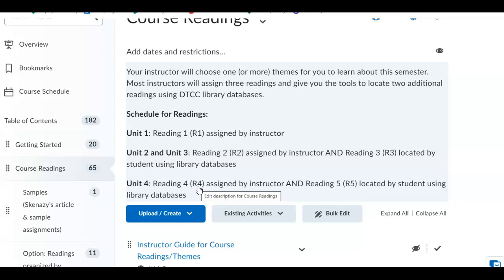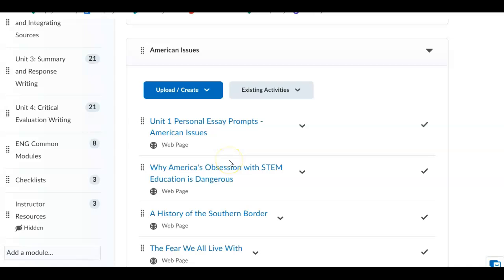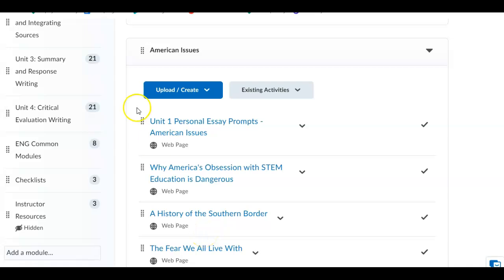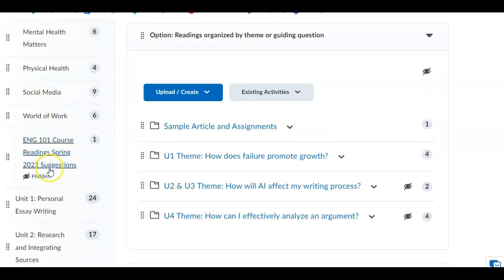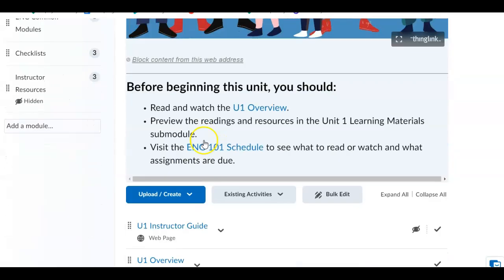rhetorical approach. So that will hopefully guide you in which article you want to assign for reading 1, reading 2, and reading 4 from the ones that you have listed here based on the topic that you choose. So once you choose a topic, you can hide the others, and then your students will be able to see these different topics. When we're talking about the learning materials for Unit 1, they're broken down into a couple different categories: